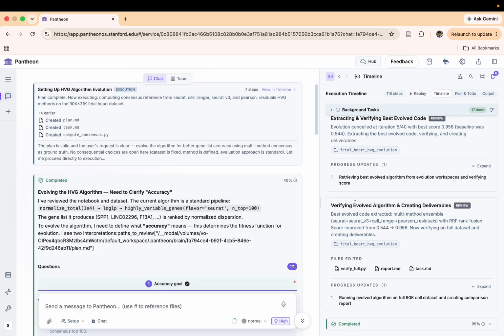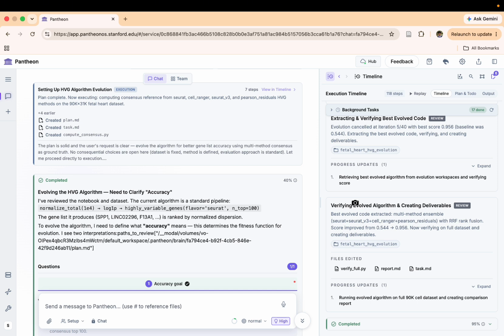This is just a basic overview of how to use our PantheonOS platform to do evolution work. You can put in any algorithms that you have created yourself, any algorithms that have been produced by the platform, and when conducting a larger analysis, you can specify what you want from the analysis, and then at the end you can say, hey, after going through all the analysis, go back and iteratively evolve the algorithms that you used to see if they can be improved for either greater accuracy, greater runtime, greater reproducibility, whatever it may be. And it will do the entire workflow and then add on evolution at the end as well,